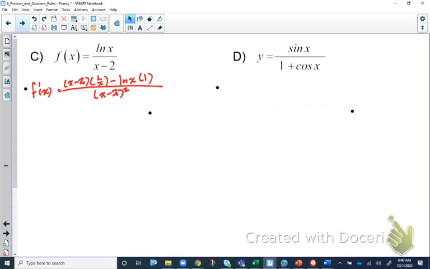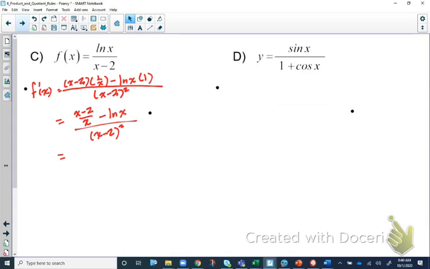Now in the numerator, we're going to be able to see that the first two things on the left side of the numerator, we can write that as x minus 2 over x minus the natural log of x, because multiplying by positive 1 is not going to change anything. And overall, it's going to give us x minus 2 squared. Now, if you're trying to provide some kind of numerical answer for your response question, we don't really need to simplify this all the way,